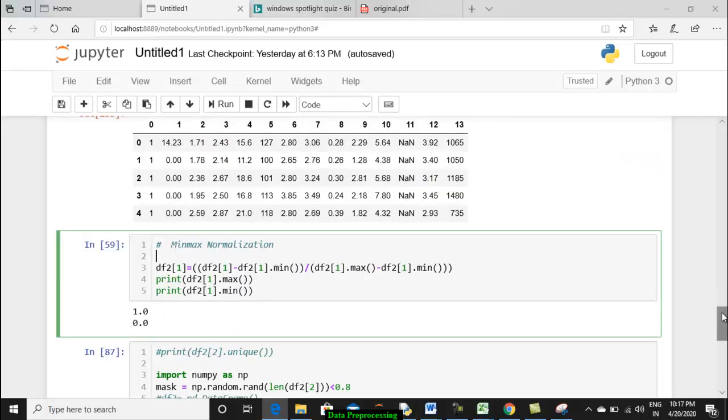Having done this missing value analysis, the next step is to proceed to normalization, right? The simple normalization technique is to identify the maximum value of an attribute, that is a column, and divide each and every value by this maximum value. That's all. All your values will range between 0 and 1. Why are we doing this?